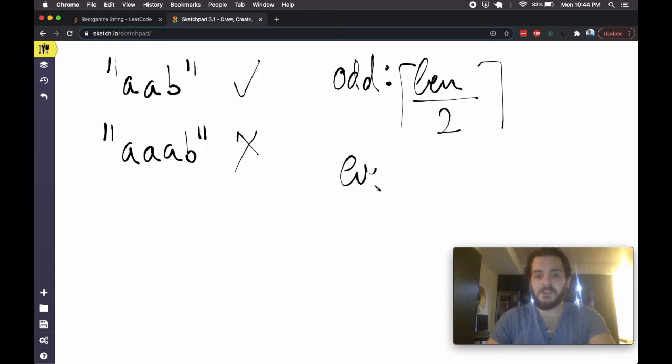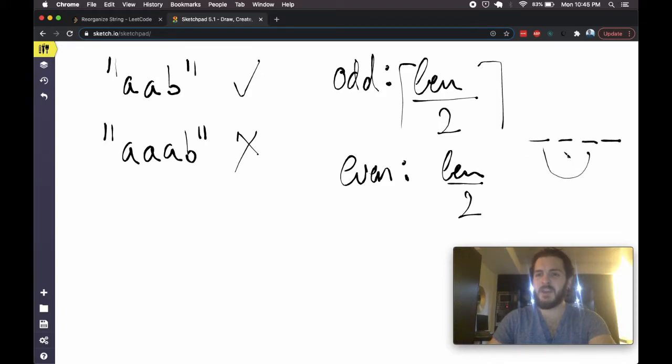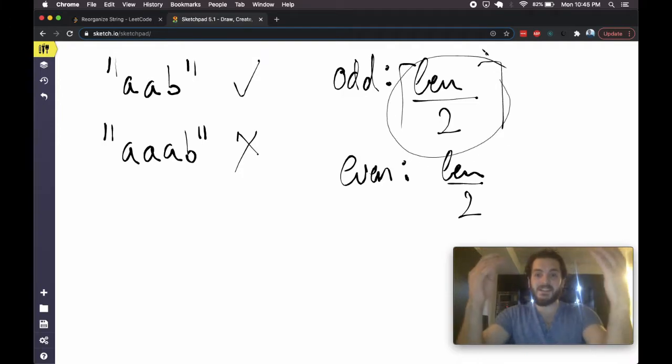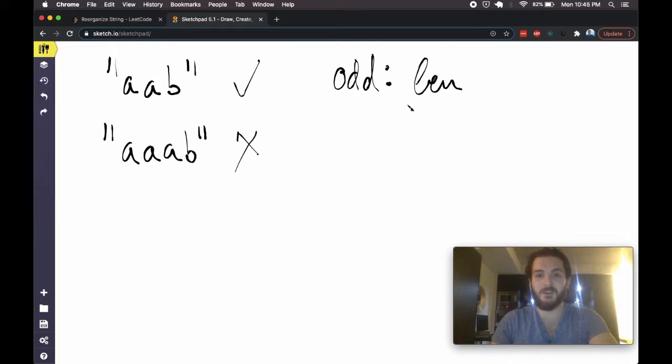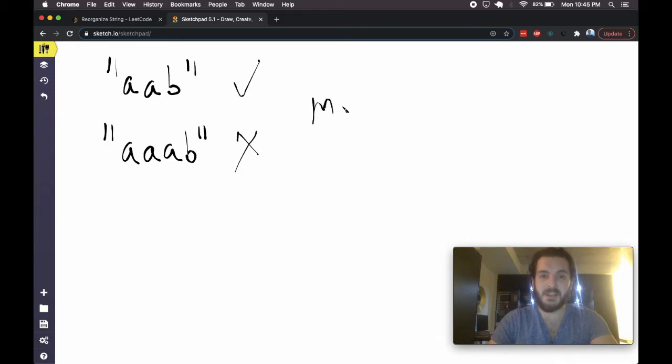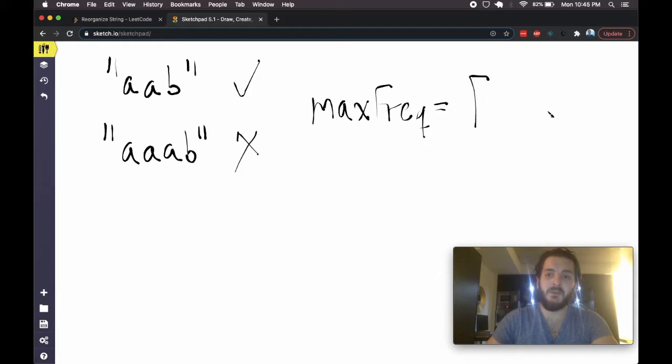With the even characters, we can have the total length divided by 2. So if we had 4 characters, we said that we can have 2 A's here or 2 A's there, and that's the most we could do. So technically speaking, if I want to group this together, I could always just take this length divided by 2 and take the ceiling of that, and that'll give me the maximum occurrence that I can have. And so I'm going to say that the maximum character frequency that I can have, so maybe I'll call it max frequency, is going to be equal to the ceiling of the length of S